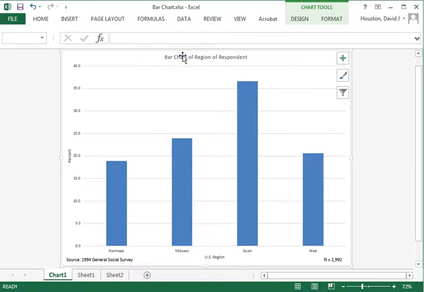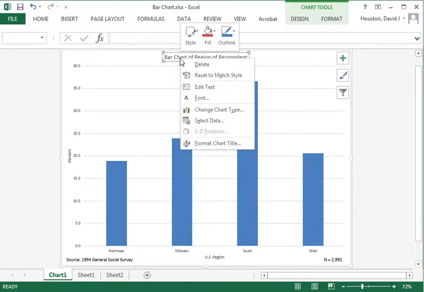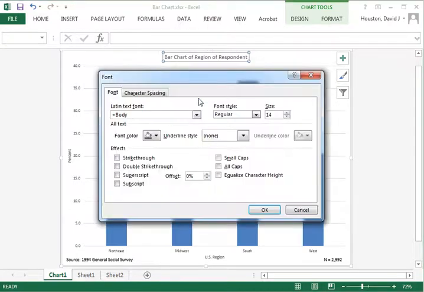I'm just going to move the cursor, click once with the left mouse button with the cursor over top of the chart title, click the right mouse button with the cursor over top of the title, and come down to font. Now I'll left mouse button once, and now here comes a range of options for actually modifying it. One of the things we'll do is change, first of all, the font itself. I'll eventually pull this into a memo that is already written in Times New Roman, so let's also make the chart be consistent with that font that I use in the memo.